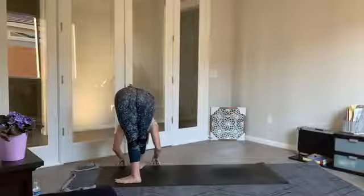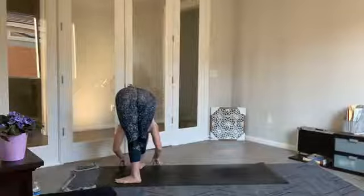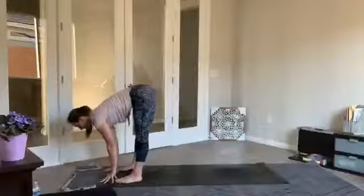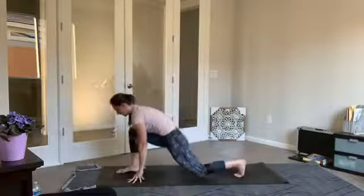Keep drawing that left hip in. One more breath. Inhale, halfway lift. Begin to walk yourself back to face the front of the mat. Left toes follow. And we'll plant the hands, step that right foot long behind, lower down onto the right knee,